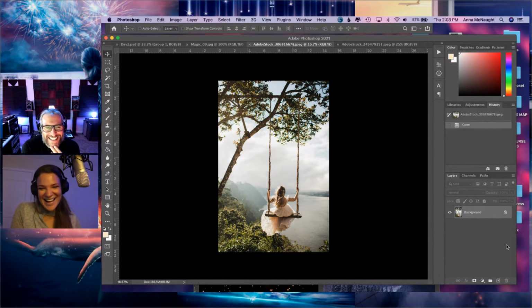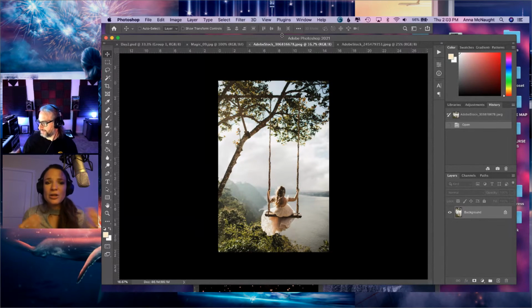So cool. Okay. So what I wanted to show with this one before we composite it real quick was just a different subject matter. And really my point here is, I talked about this a little bit at the beginning of the stream. My point here is not to make this into a crazy edit, but just to show you that if you are not a photographer, but you enjoy editing in Lightroom or Photoshop, you can take an image from Adobe Stock and you can create your own lifestyle edit from it.